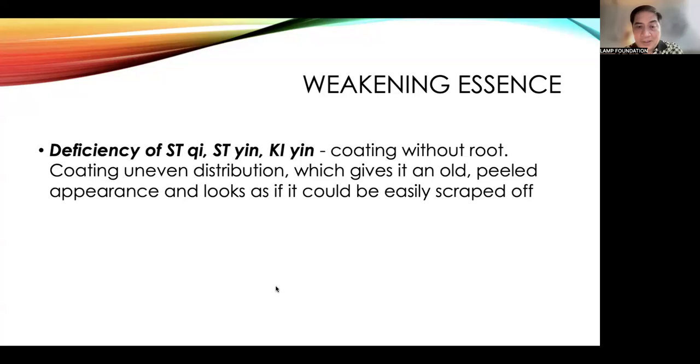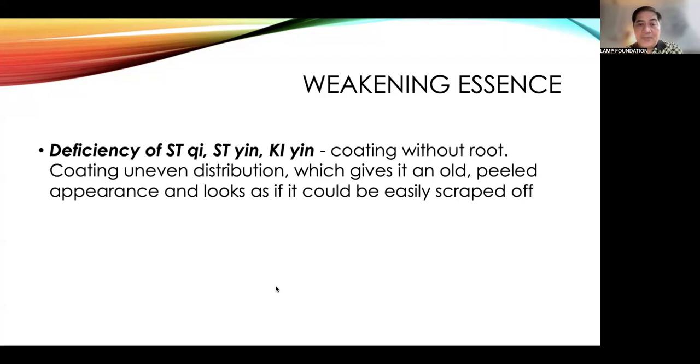Rootless coating, or coating without root. Or when you have stomach yin deficiency, actually, this is the start of stomach yin deficiency, when your coating doesn't have a root anymore. Okay? Hindi na siya rooted. And kidney yin